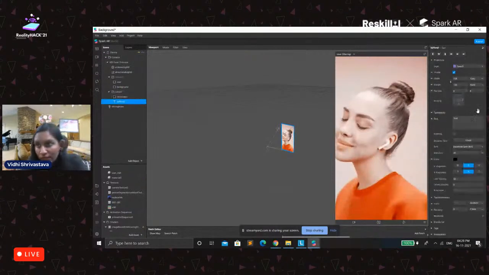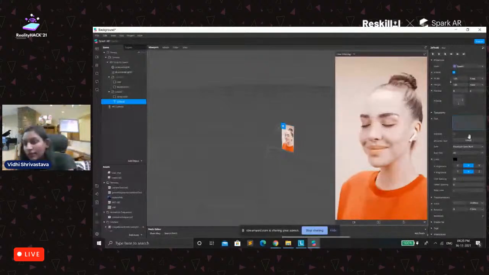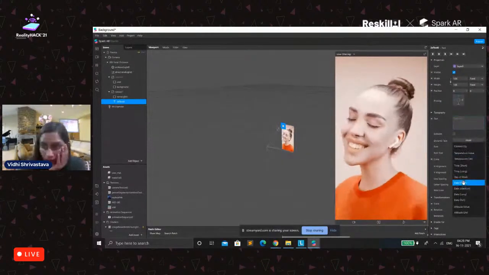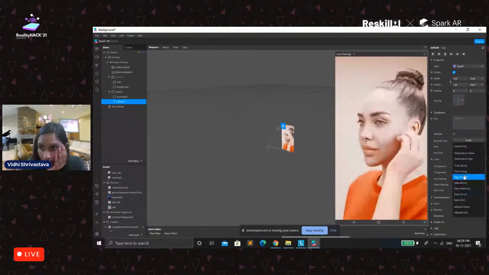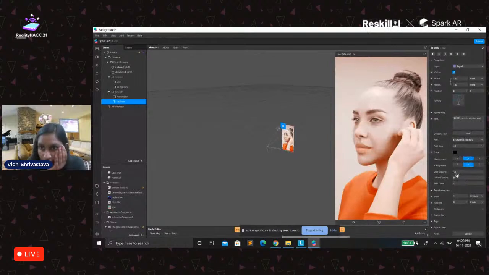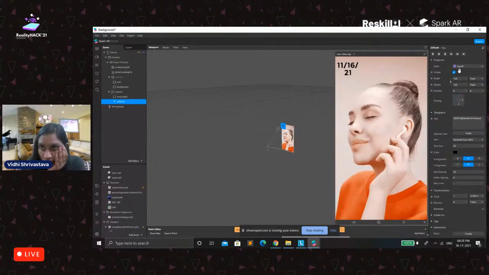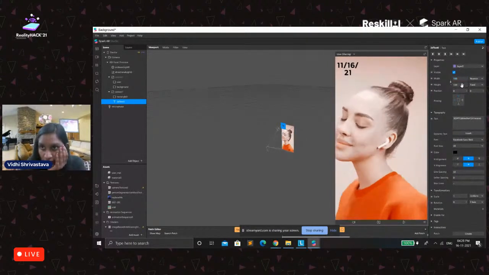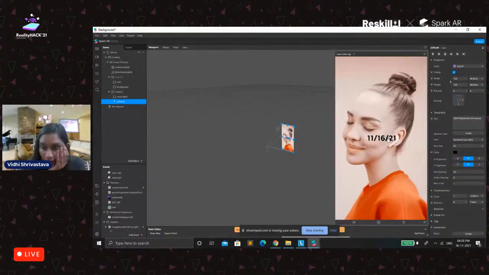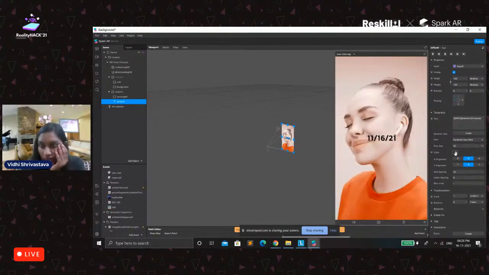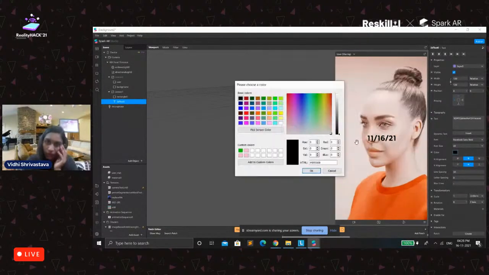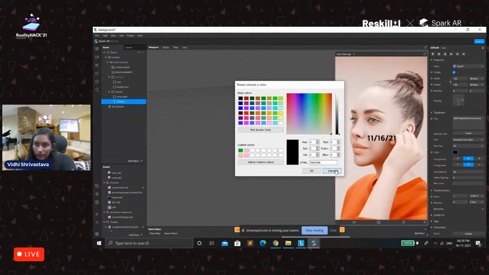Go to the text and go to the dynamic one, for example, a date, and let me fill its width and height and change the color if you want. Black is okay.